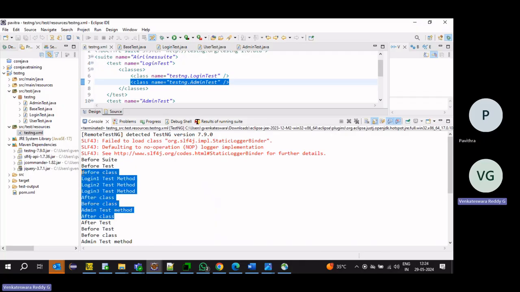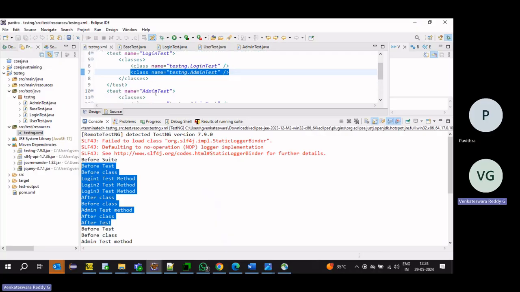For each class, before starting the first test method, before class will execute. After executing all the test methods, after class will execute. Now the module is completed, so after test is executed.